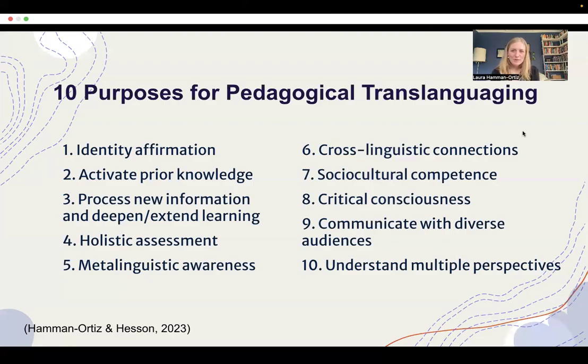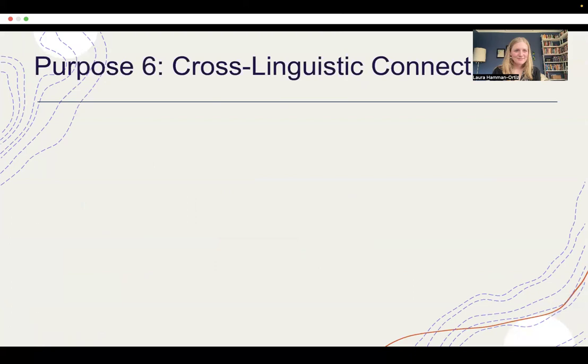In this video, we're going to be talking about purposes 6 through 10 of the 10 purposes for pedagogical translanguaging. The first purpose, or reason why you would intentionally create spaces for students to bring their full linguistic repertoire into the classroom, is to help students make cross-linguistic